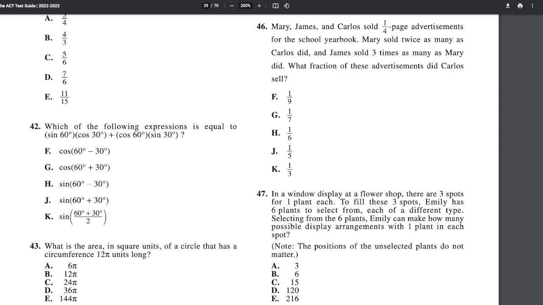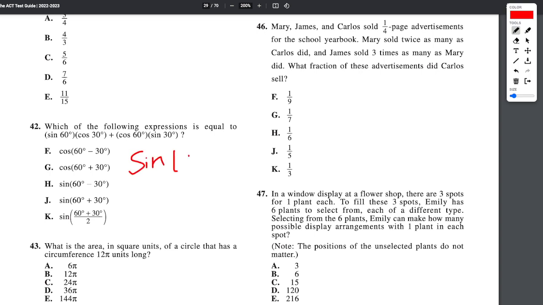Just how much y'all know, I guess. But either way, there's a lot of trig rules to remember, and I believe this is the equation for, let's see, we got sine, we got cos, and it's plus. This is the equation of sine A plus B. This is a trig identity. And that's the equation for sine A plus B, where sine A plus B is the